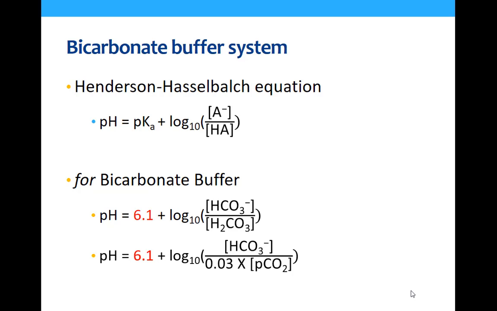Can anyone guess why we don't have 7.4 here? Because 7.4 is the pH of the blood where this buffer should be functioning, right? Any change from 7.4, above or below, it should be able to resist. Are you getting my point? But the pK of this buffer system is 6.1. Any idea? Anyone who has done chemistry before? Organic chemistry, inorganic chemistry? No? Okay. The secret here is, I was telling you earlier, the acids which are produced in our body and the